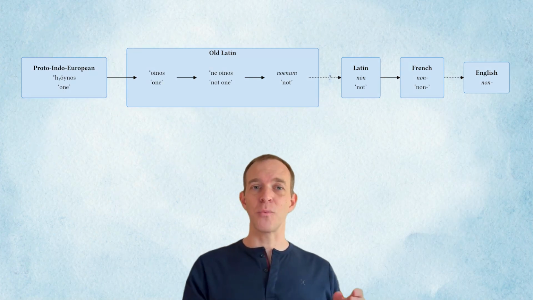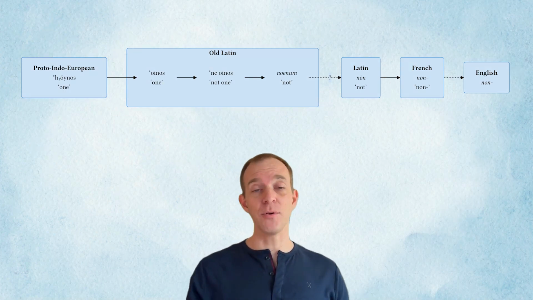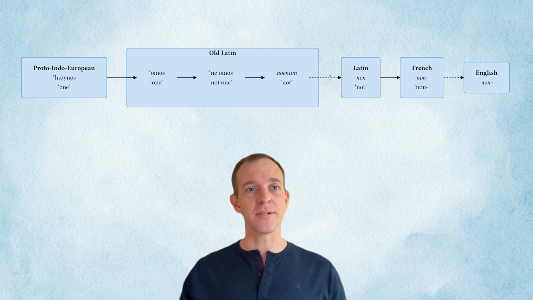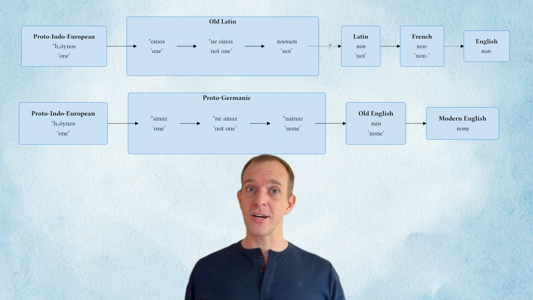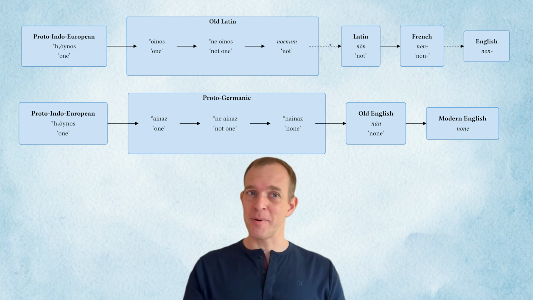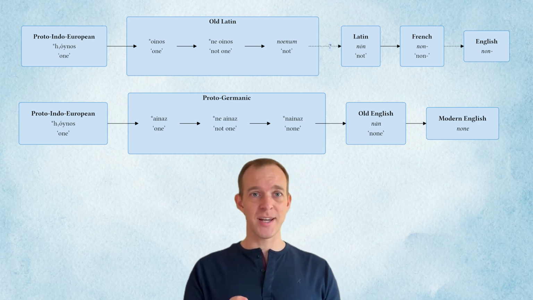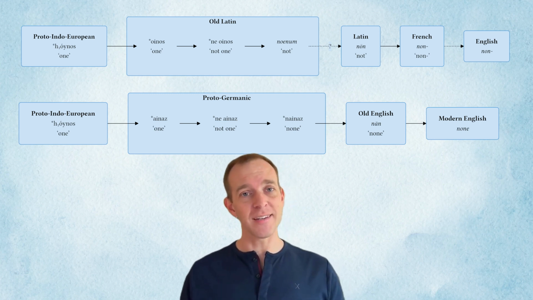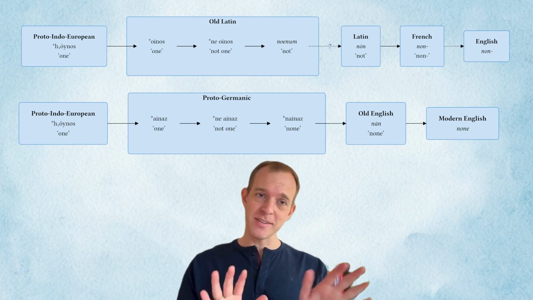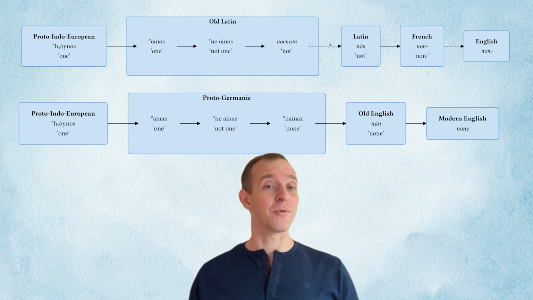So we call the period from the earliest written Latin inscriptions up until about the classical period Old Latin. And in Old Latin, the word for one was oinos, before it later became unus. You could negate the word oinos with ne, forming the phrase ne oinos, meaning not one. So just like we saw earlier in Proto-Germanic, how the phrase ne ainas, meaning not one, underwent univerbation and became nainaz, a single word, none, the same thing happened with Old Latin. Ne oinos became noenum, meaning not. And that, possibly, there's some uncertainty here, became the classical Latin word non.